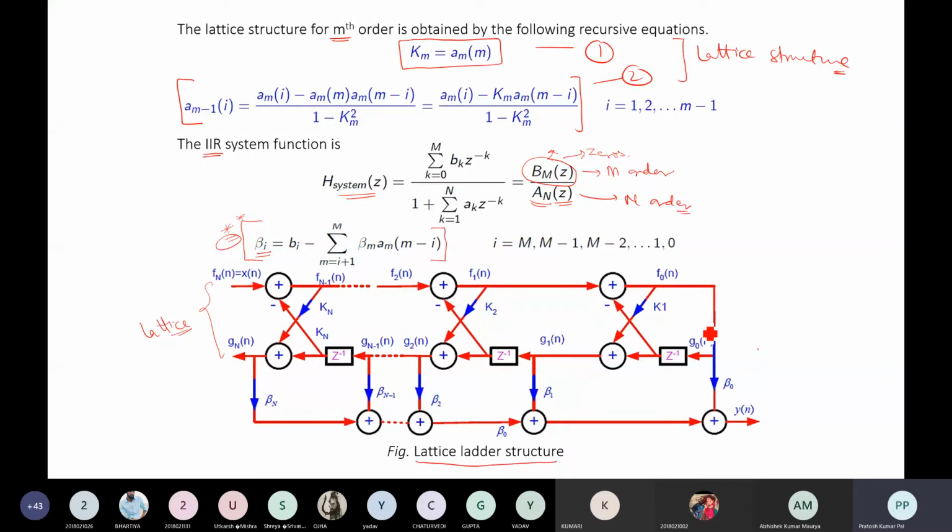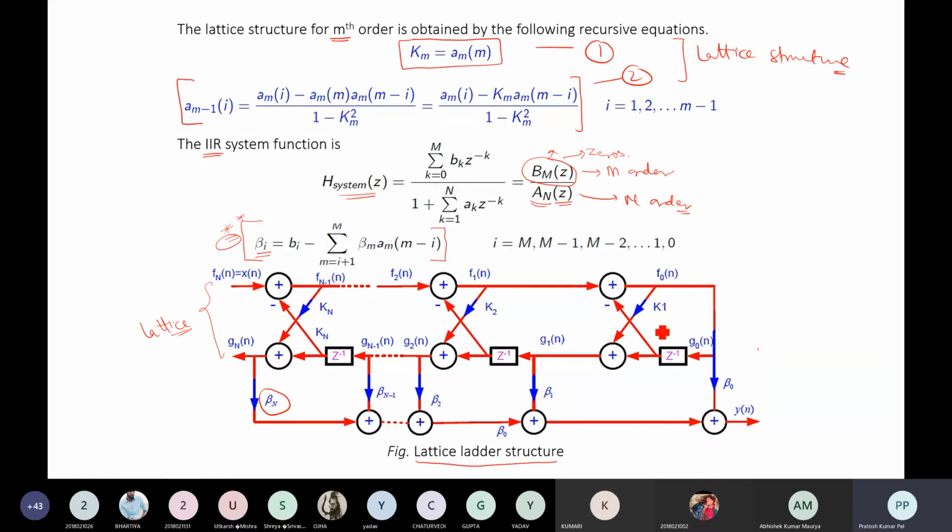So here the output will be given by this point. So instead of this point, it will be like the delayed version of the output will be fed back into the output itself. Okay, so the different coefficients by which this delayed output will be governed will be beta 0, beta 1, beta 2 up to beta n. So that beta n will be given by this beta i. Okay, so here i will be for different betas. Okay, with respect to some examples, we will be seeing this.